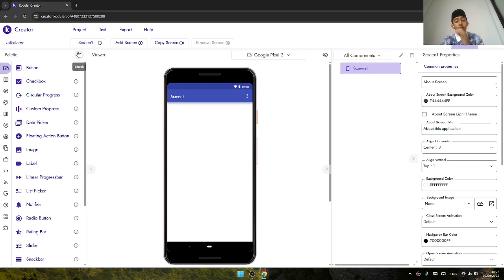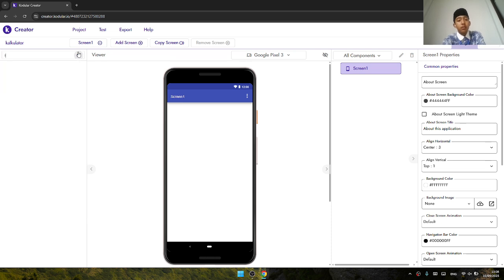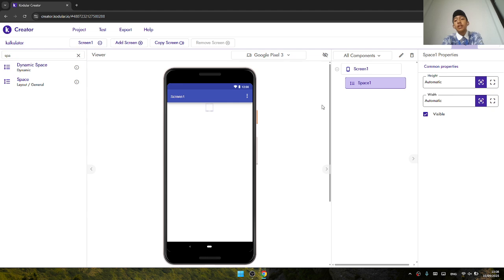So we just make it without a button, I think. So you just add some text box, I guess, as usual. I mean a space first, and put it at the top of the screen.